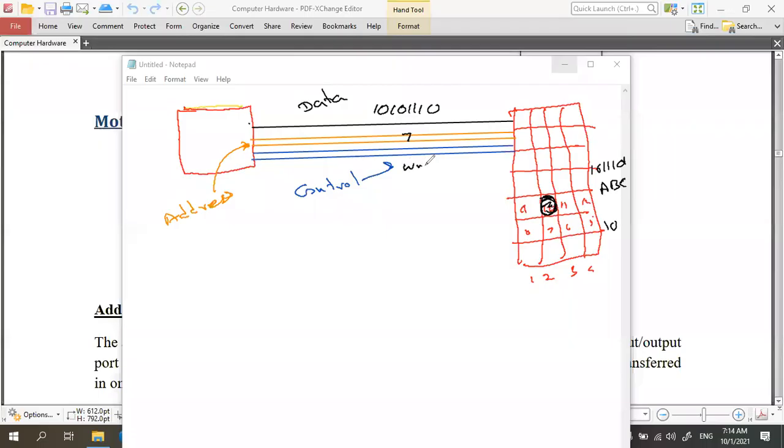Control is now write. Then that data will come here, and the 7th location will be saved with the data. So the data, addresses, locations, and control signals are sent separately in the motherboard. These communication lines are called buses. A communication line is a bus here.